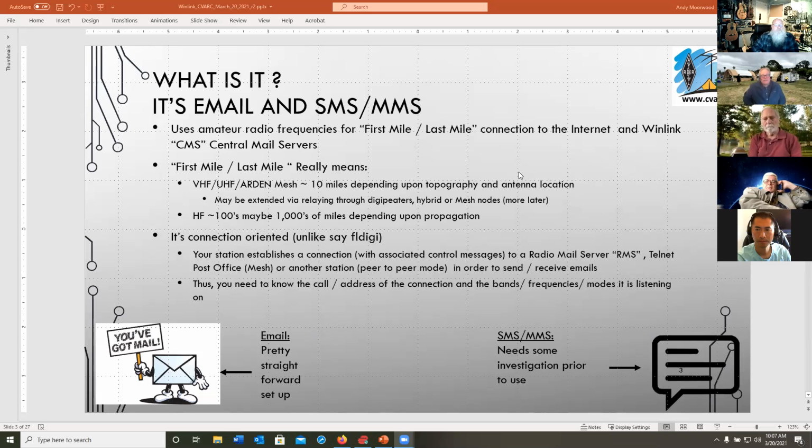Okay, so what is Winlink? Well, basically, it's a set of capabilities that lets you do email and SMS, or the multimedia messaging mail system. And you can think of it as kind of like the last mile, first mile way of connecting the internet to your radio to the internet, over a variety of means. Now, last mile, first mile, what does that mean in our terms? If you're using, say, VHF, UHF, or the AREDN mesh, and we're fortunate to have one of those in the area, there's 10 miles